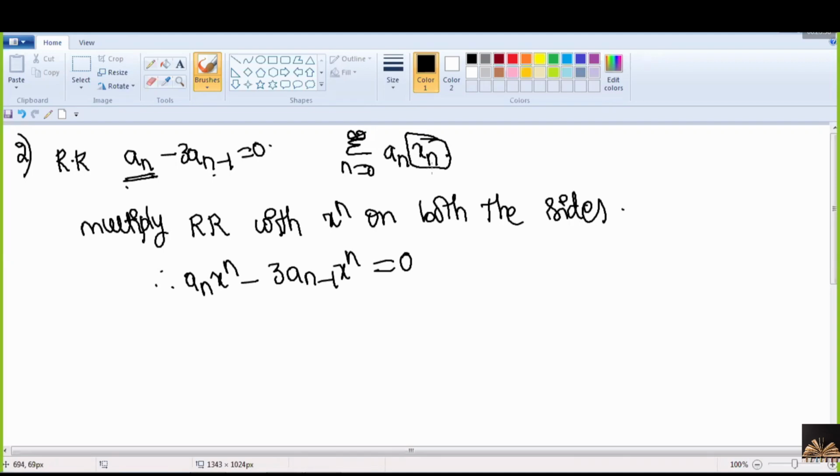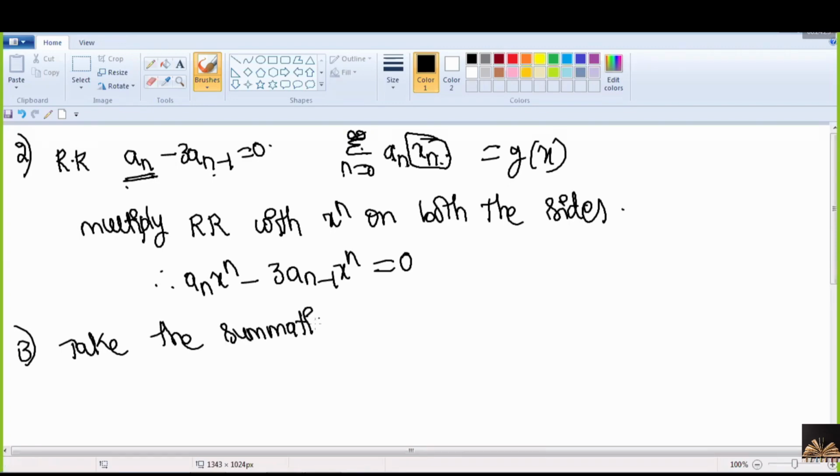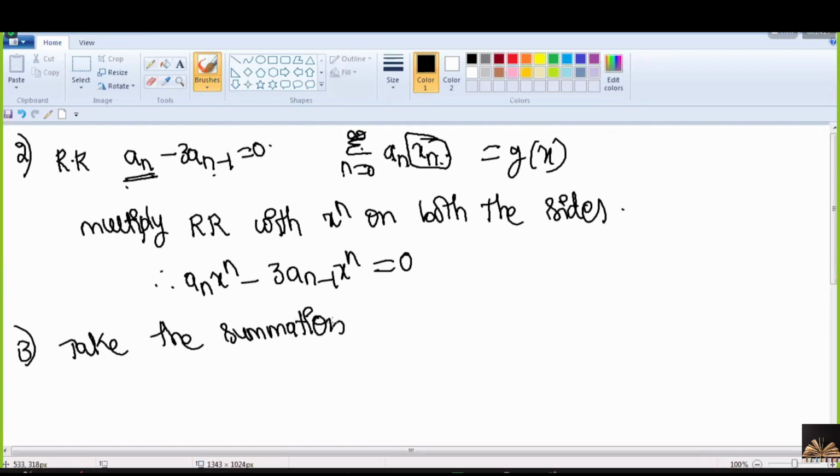Now we have a_n x^n, but g(x) is in the form of what? Summation of n equal to 0 to infinity a_n x^n, right? Therefore, in the third step, take the summation on both the sides. Take the summation on both the sides. Now, when you apply the summation,